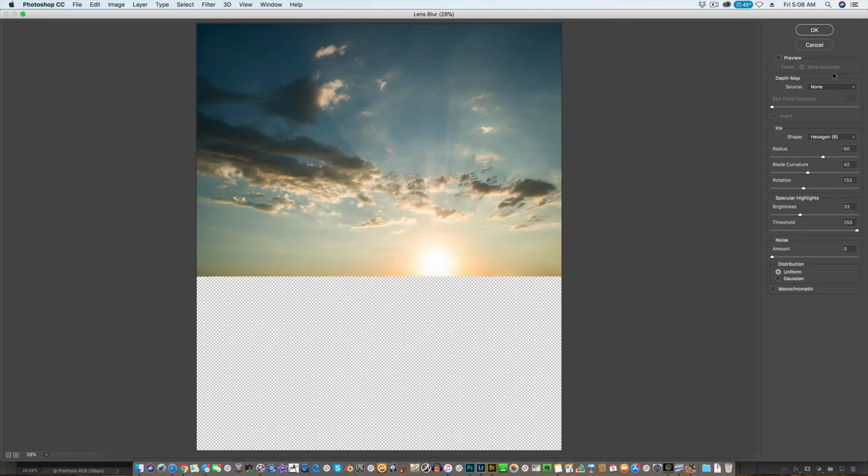And I have preview turned off on the lens blur, and I don't know if this happens to everybody, but for me, for whatever reason, when I use the lens blur, it really bogs down my computer. And I have a fairly fast computer, so one way I get around that is by turning off preview. I have radius set to 60, blade curvature set to 42 in rotation. So what I usually do is I turn the preview on just long enough to set it where I want it, and then just never change it again. That's just kind of where I am. If I need more blur, I'll just double what I do here. So I go ahead and click OK,